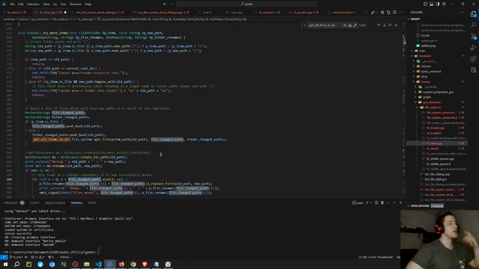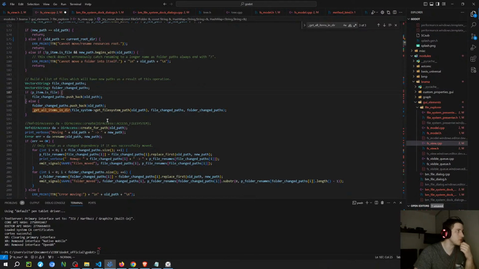So the question is whether it makes more sense to change the tree on the view first, and then send a signal to the model to update the cache. I have to create a function on the model that... So I think the problem with this is that I have to think about the cache first. I have to finish the cache and